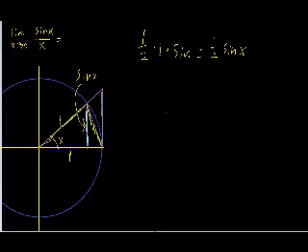Tangent is this side equals tangent of x. Just so you know. So tangent is equal to the opposite over the adjacent. So we're trying to find the tangent of x, and that is equal to the opposite side, which is tangent of x, but we don't know that yet, so